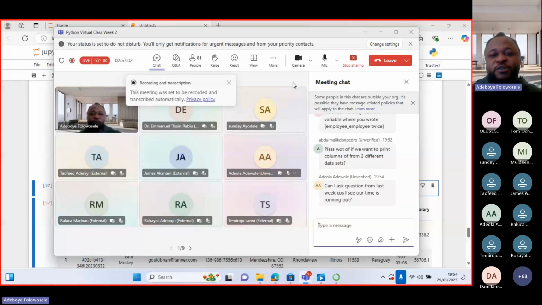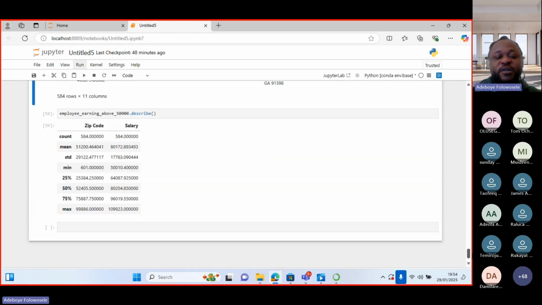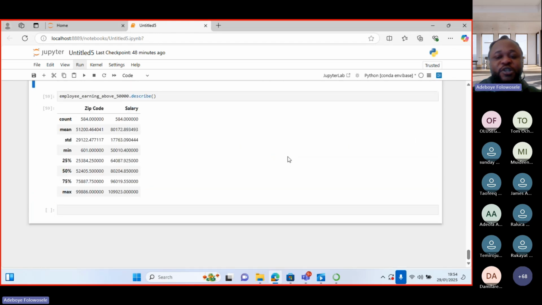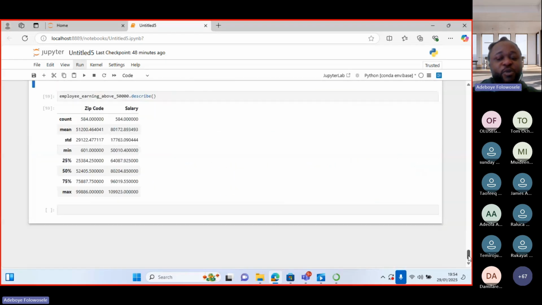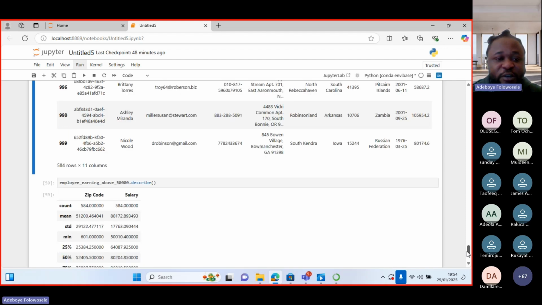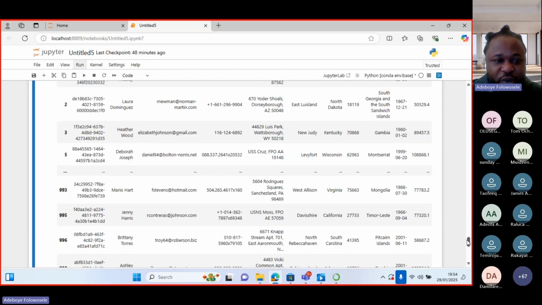So now, remember that I said what your manager needs is the data. So how do you copy this data? How do you save this data for your manager and send it to your manager? That these are the people that are earning more than 50,000 naira. So all you need to do is to save it into CSV. So how do we save